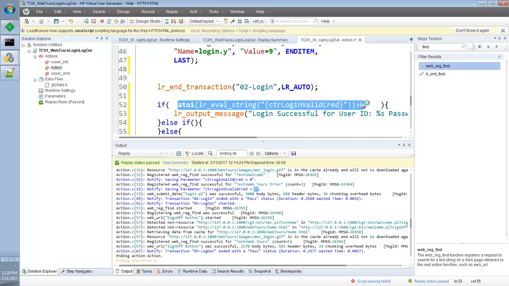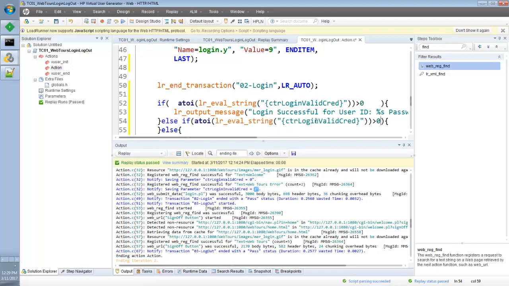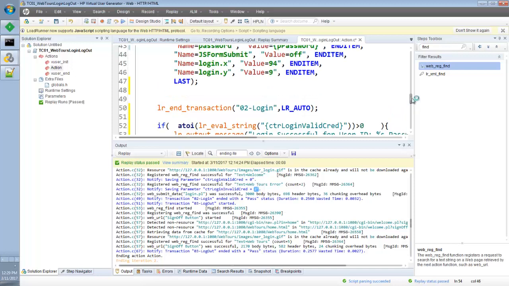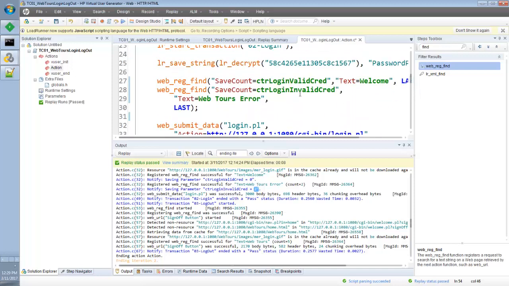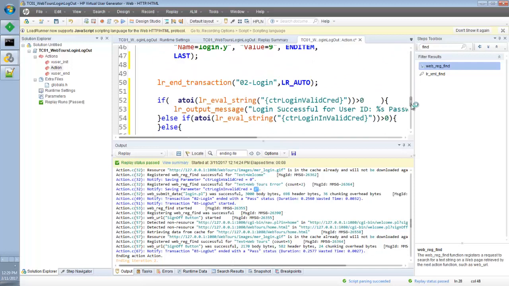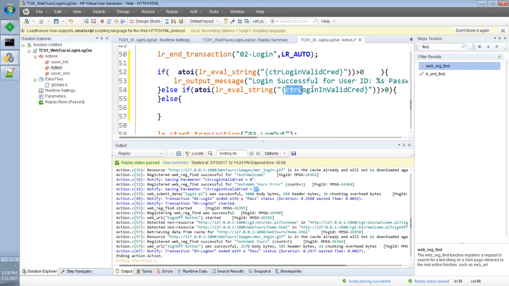This is the whole basic condition, right? Yeah, let me copy this here. Else if login invalid credential, what is the name we get put over there? Invalid credential. Let me actually copy this name from here, and let me put it here. ctr invalid credential greater than 0, then we will copy the same line